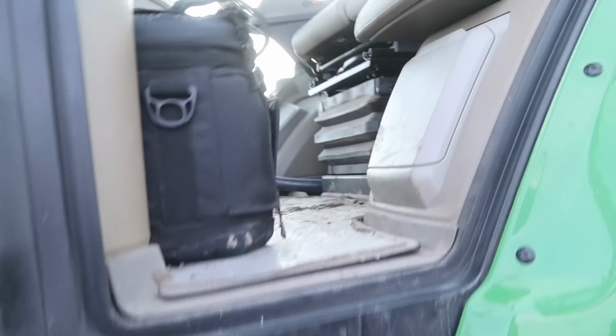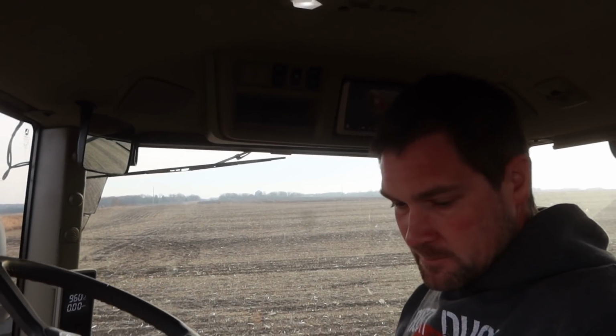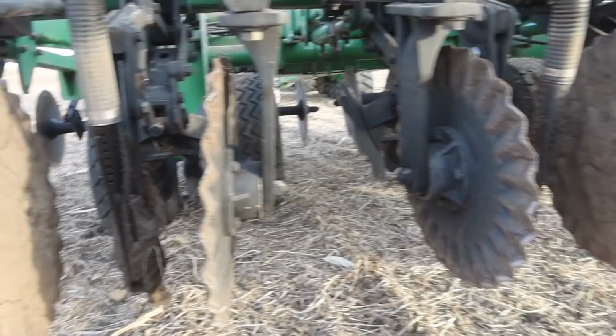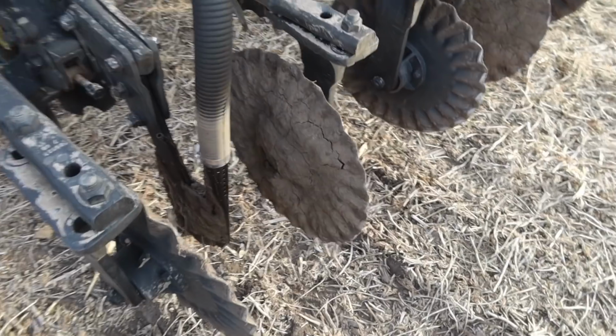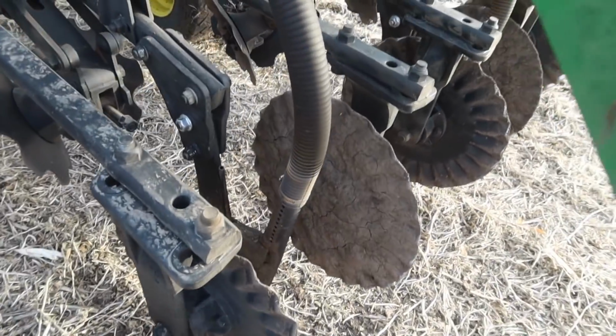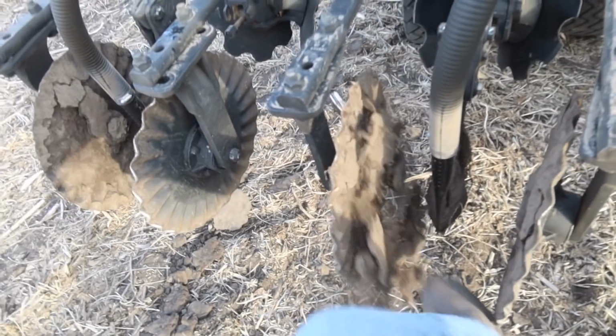Air pressure's good. Let that thing warm up and make sure tire pressures all look good back here on the actual tires. Make sure everything looks good back here. It'd be nice if there was a way to prevent the soil buildup on the disc blades here. I notice it does a lot nicer job when those blades are clean. You don't get the dirt sticking to it, but